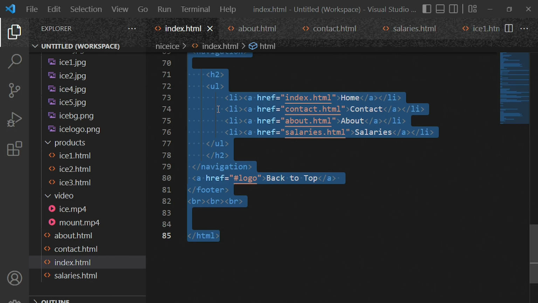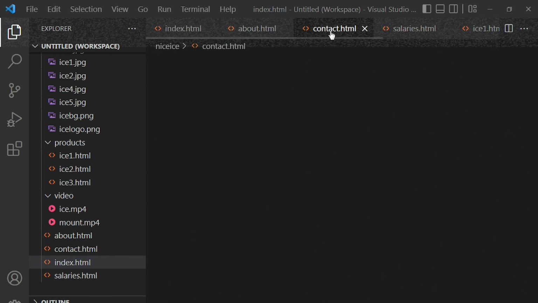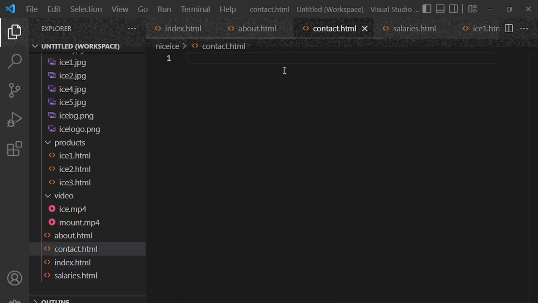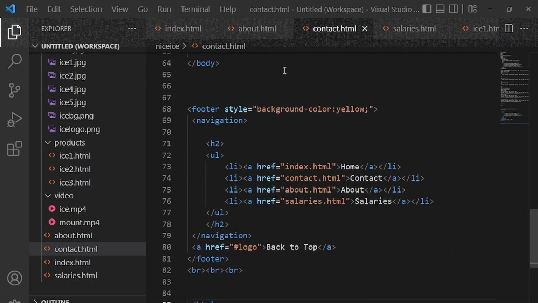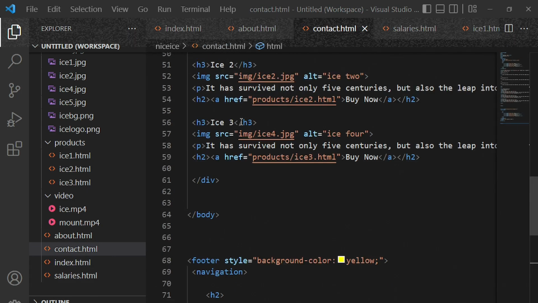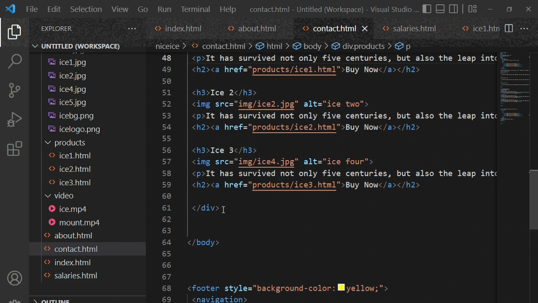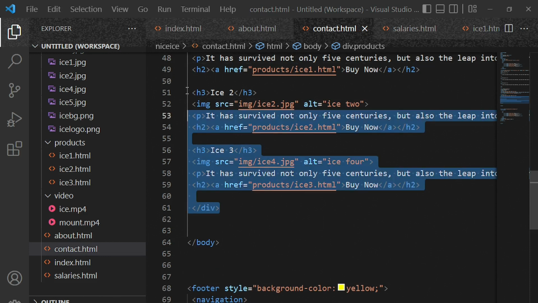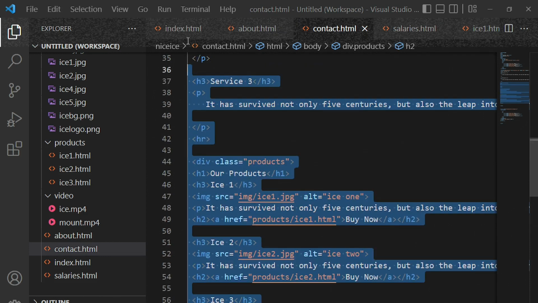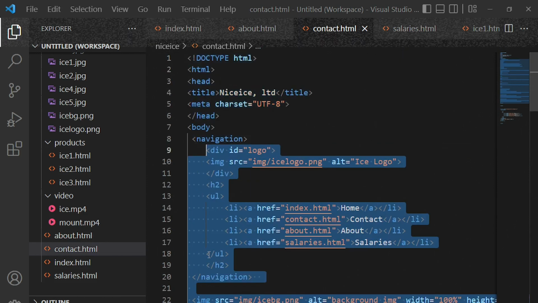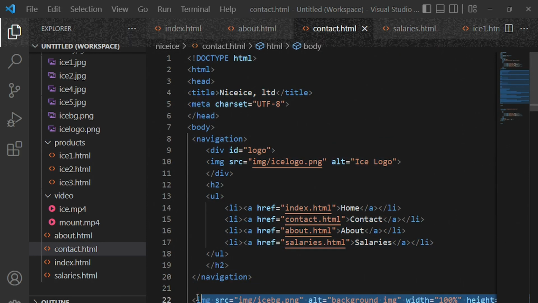So Control-C, and then you go to contact and then paste your code here. Now let's go ahead and then move, starting from the div. Okay, here let's move cursor to the top, and then